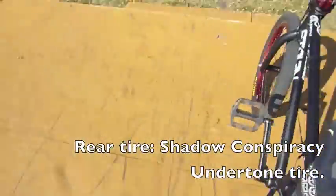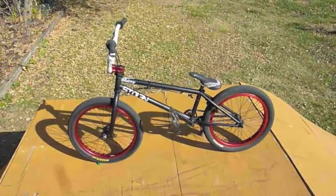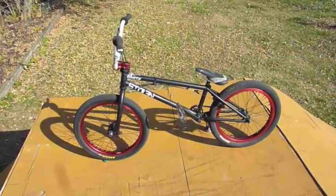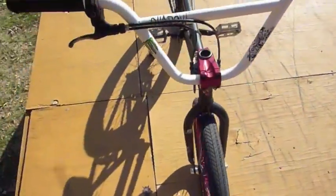So that's my new bike. It weighs, I don't know, maybe 24 pounds. Still could change some stuff to make it a little lighter, like the fork and stuff, but that's what my bike is. I'll go ahead and walk around it right now. Can't really step any further off, but